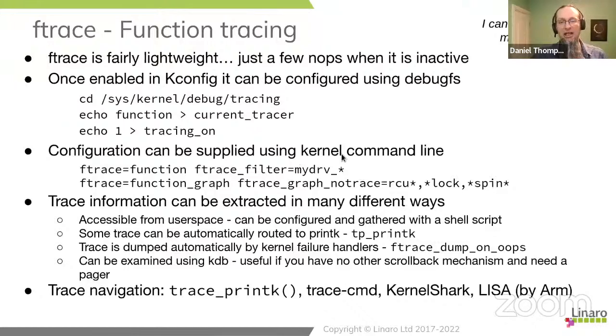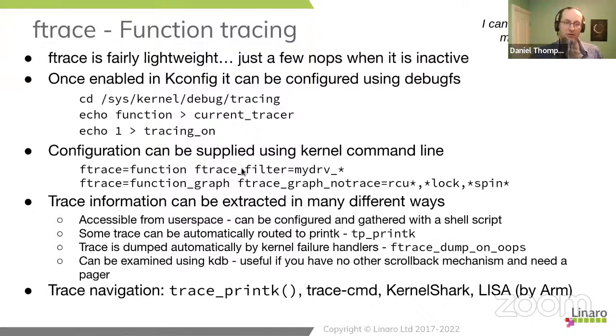And in this case, we've got an allow list. So ftrace_filter says, I only want to instrument functions that start with my drive. This is assuming that we've got a driver that has a prefix on all the interesting functions, and it allows us to trace just those functions. That will not trace very much. This will give you very low trace volume, but it will let you know, for example, that a function has been called. One of the things you quite often want to know as a debug thing is, did my function get called? Has the error function been called? Has this function been called? Has it hit these paths? If you know functions are going to be called on particular code paths, you can go in and hunt that specific function. So this is very specific.